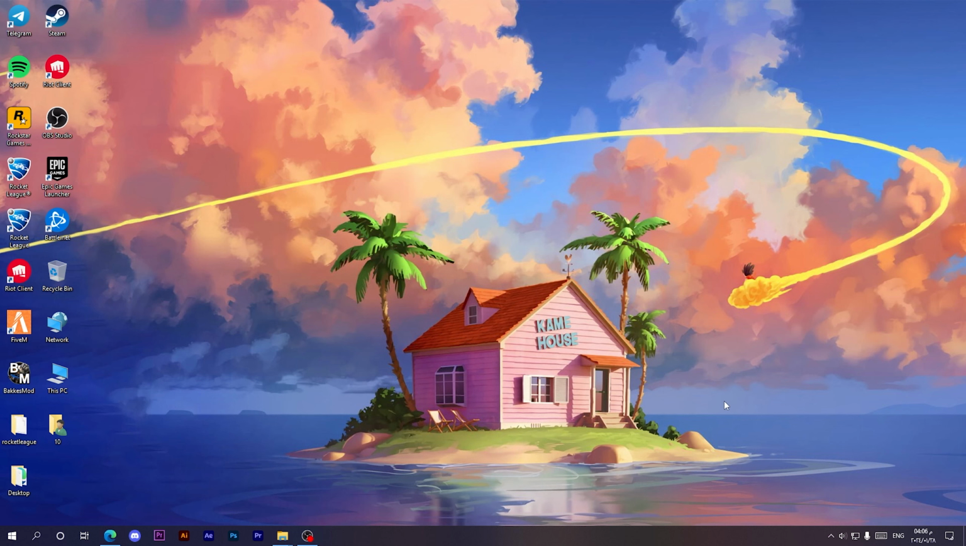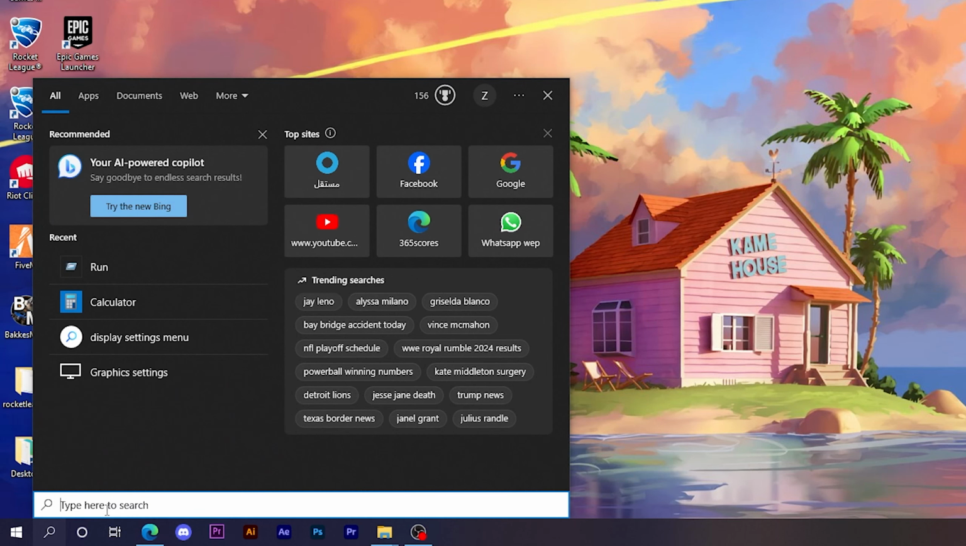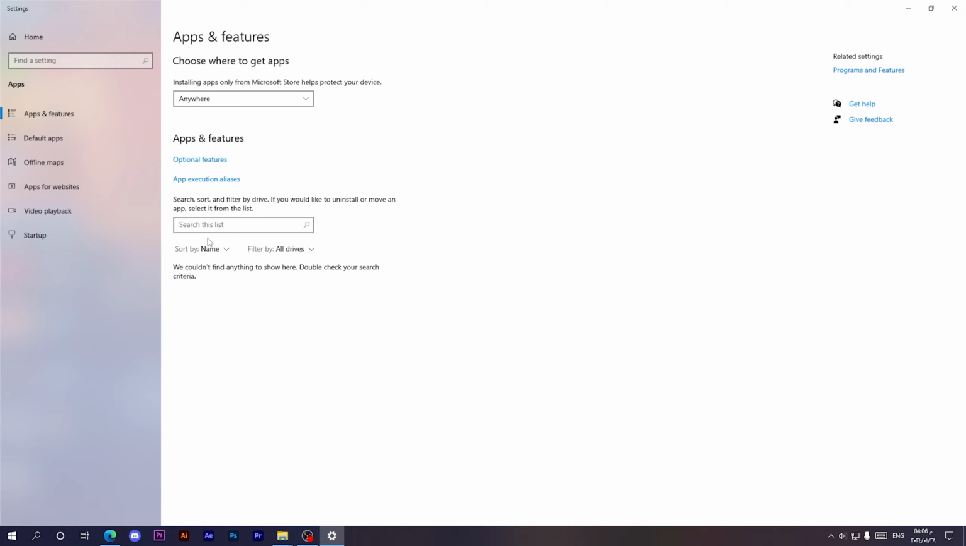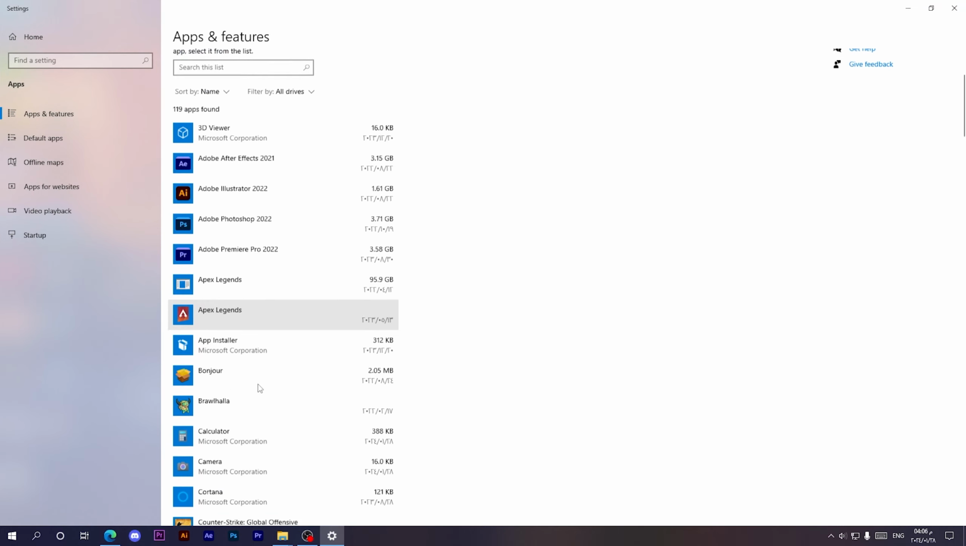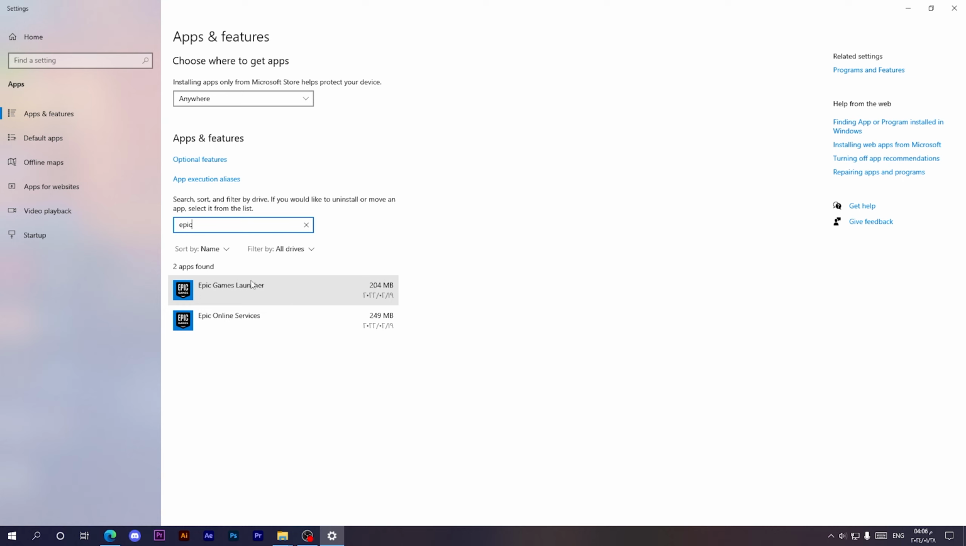third method. And to do the third method, all you have to do is to uninstall your Epic Games Launcher, then reinstall it again. And to do that, you should go to the search bar, then type remove, then choose Add or remove programs. Then here, as you can see, you have many programs and you can uninstall the program that you want. So I'm gonna type here in the search box Epic Games,